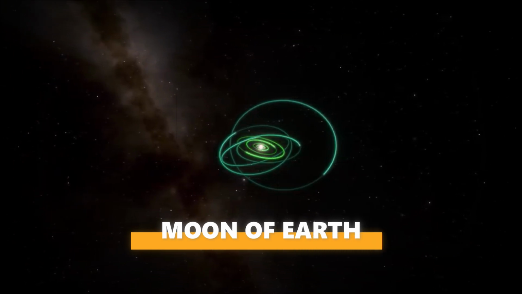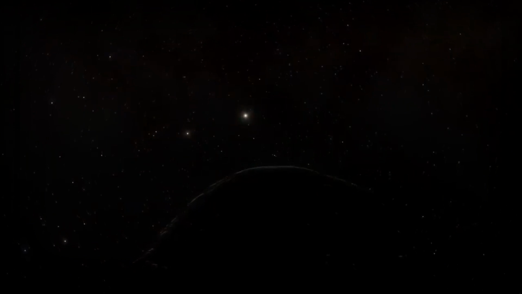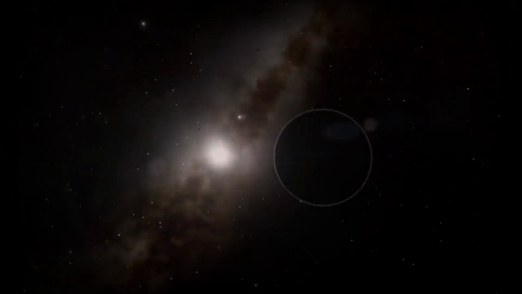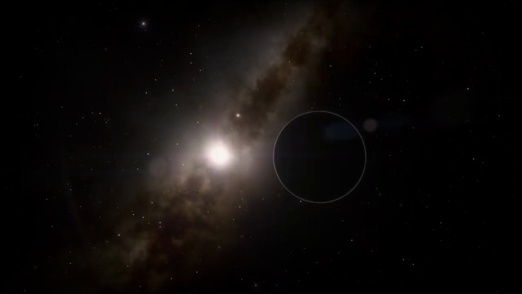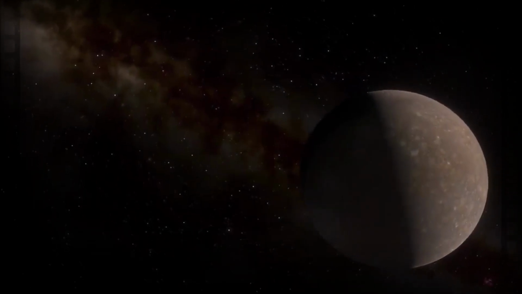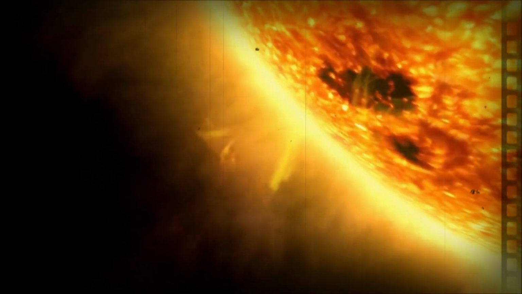Moon of Earth. The moon is the geological object that is closest to us. From what source did it originate? That is an excellent inquiry. The moon is not a planet because it orbits Earth, not the sun. The moon is approximately 1/4 the size of Earth. The moon's origin remains shrouded in mystery.